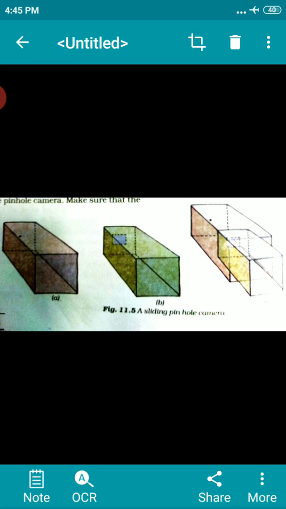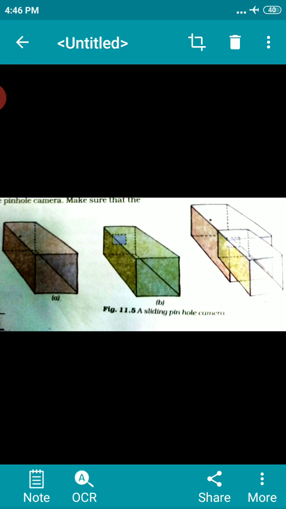Slide the smaller box inside the larger one with the hole in such a way that the side with the tracing paper is inside. Now your pinhole camera is ready for use. Now holding the pinhole camera, look through the open face of the smaller box. You should use a piece of black cloth to cover your head and the pinhole camera. Now try to look at some distant object like a tree. So how will it look?